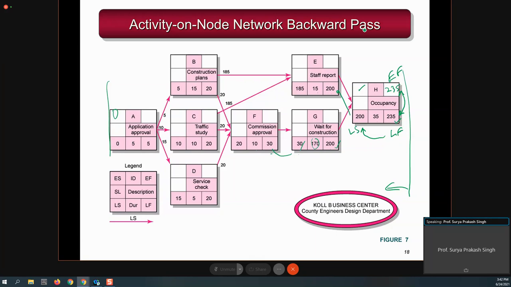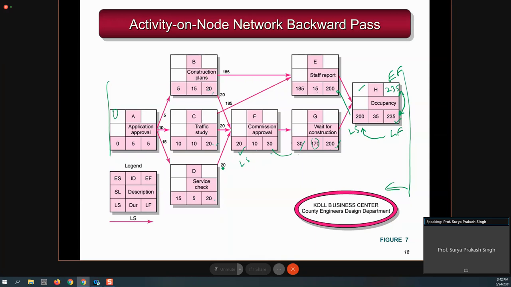So again, we see that there's this 20. Now this F has relation with B, C, and D. And if you see that this is the late start. So late start, and we have to see late finish. And here we can see that there is no problem here. So you can say that all the three B, C, and D can be lately finished by 20 days, 20 days. There is absolutely no problem.